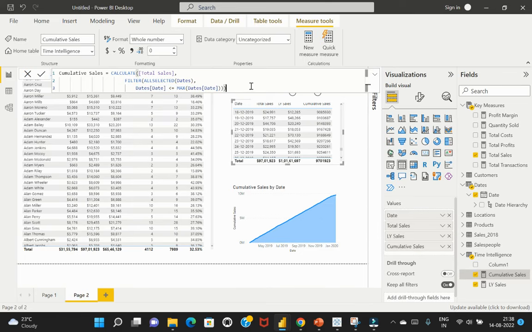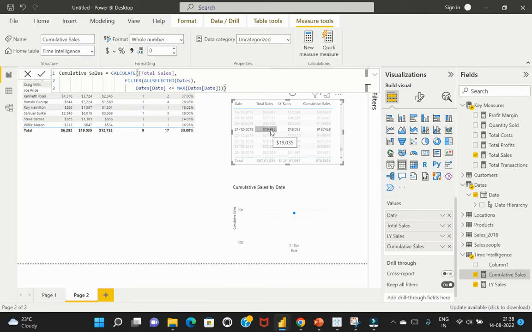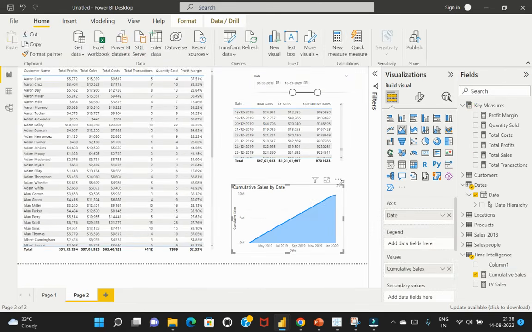So the condition is that in order to evaluate the cumulative sales for 21/12/2019, we need to add the total sales value until then, like prior to those values. So this is the maximum value, right? And prior to this particular date, we need to get all the sales value and add it up together, and that should give the cumulative sales for that particular date. Okay, so that is how this particular function has been evaluated, and the cumulative total sales value has been shown